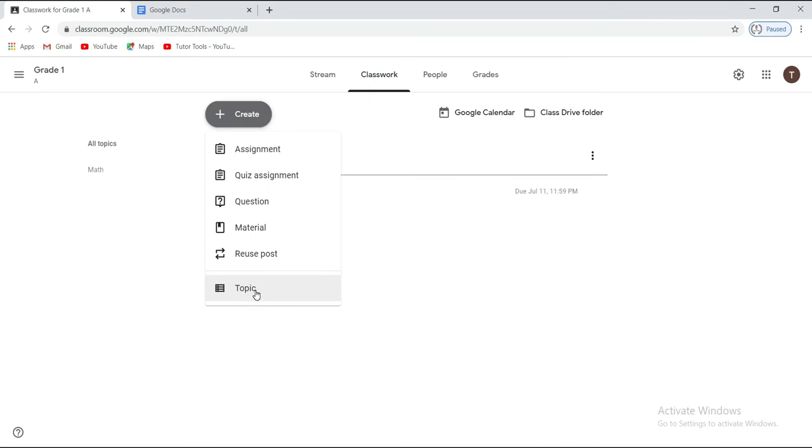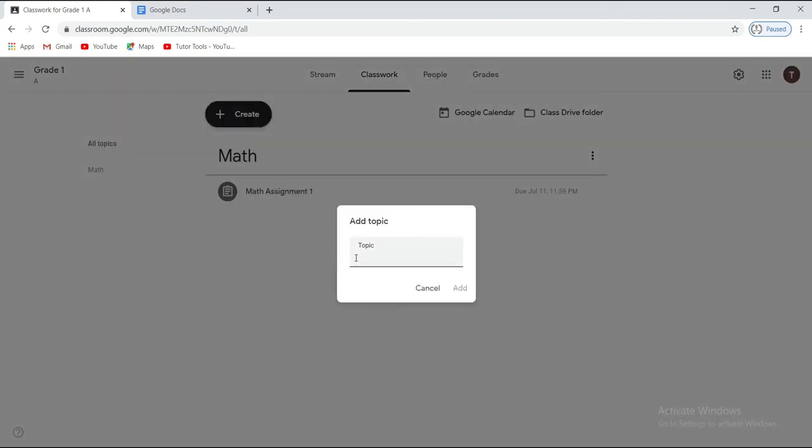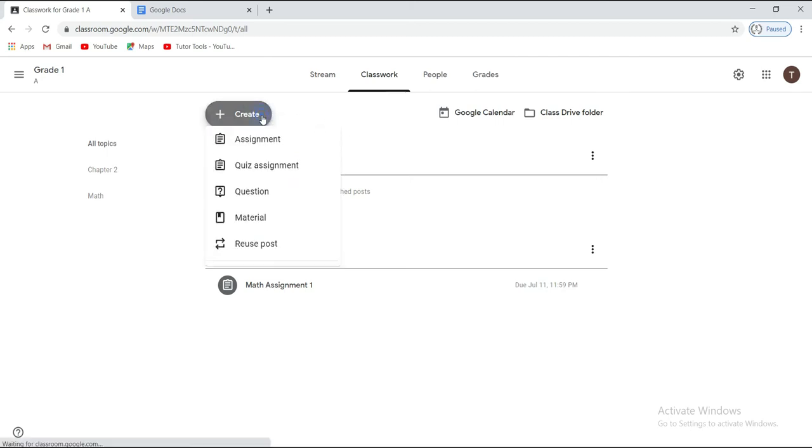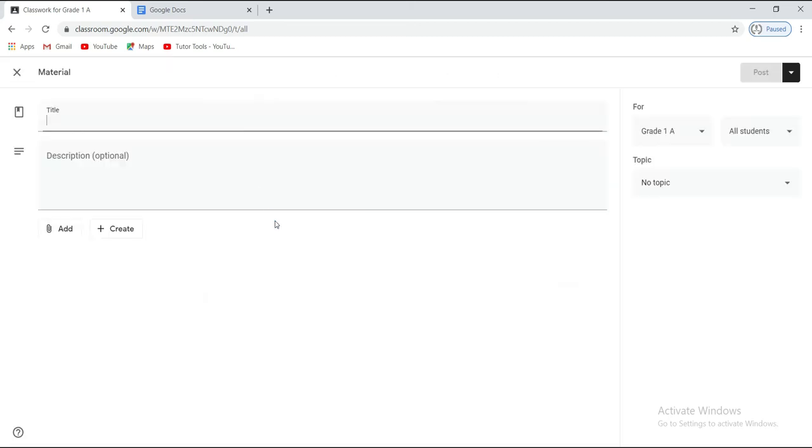Let's create a topic. Say, let's also know how to post material. Give it a title.